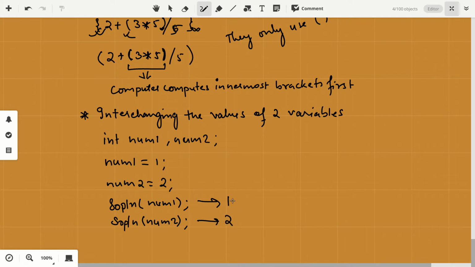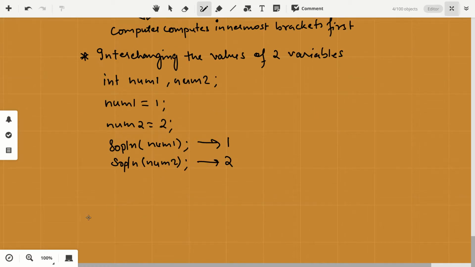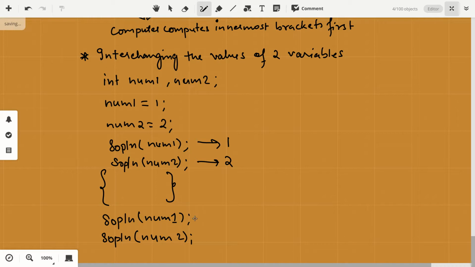Now I want to do something so that, let's say I write some piece of code here, and after writing that piece of code, if I print num1 and num2, the value of num2 should go in num1 and the value of num1 should come in num2.